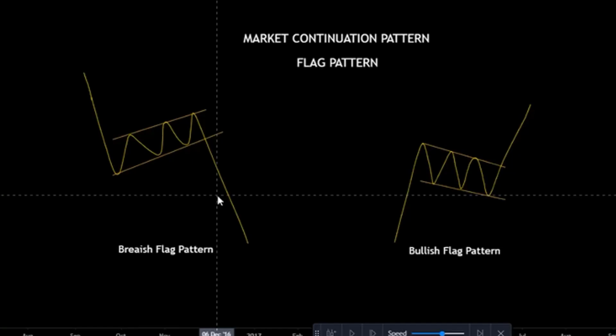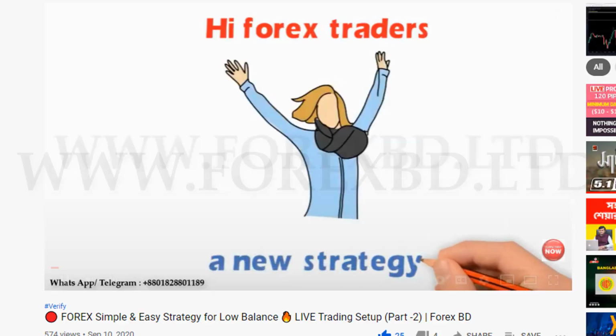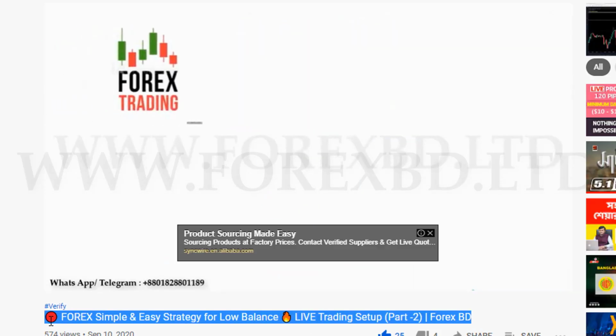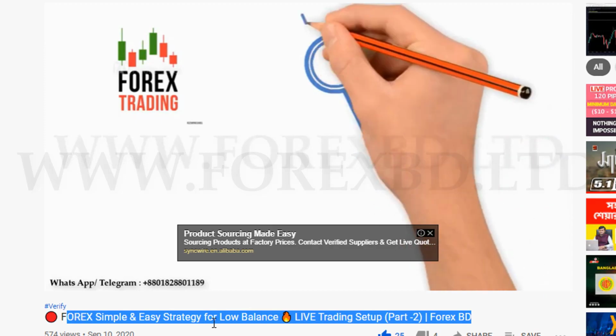So let's go. Flag pattern is a pattern through which the market signals that it will continue its trend. In other words, if the market is in an uptrend, then it will go further upward, or if the market is in a downtrend, then it will go further down if you see a flag pattern in between. You can definitely see its types on the screen. Moreover, I have shown you through the video before. I hope you remember, or those who have not seen it must see it. So I am explaining to you what this pattern is like.